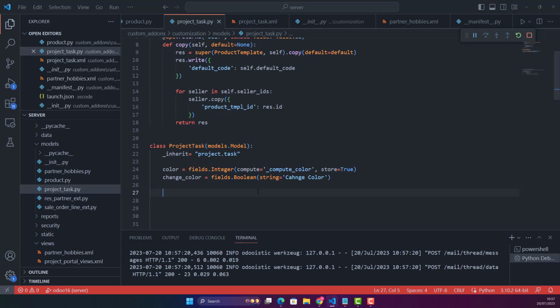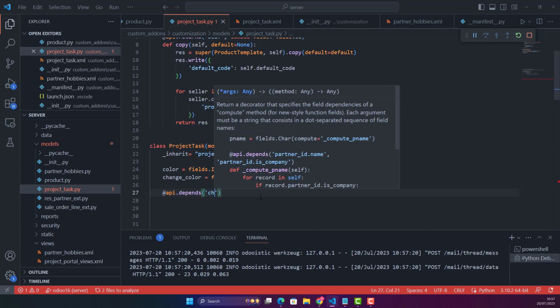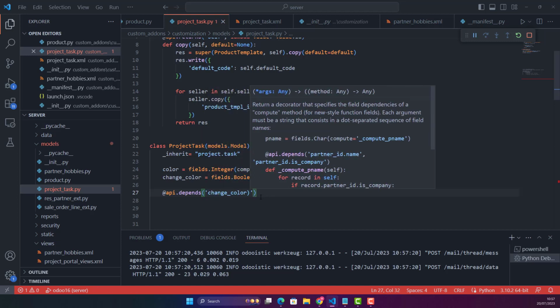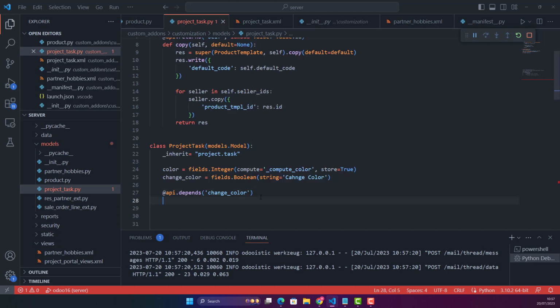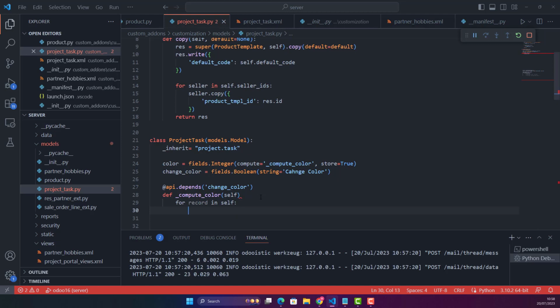and first of all we just need to add an API decorator, and this is depending on change color field. Okay, now we are going to define, first I'm just writing the function and then I will explain to you what I have done. So I'm just going to define compute color self and first start a loop. And is if